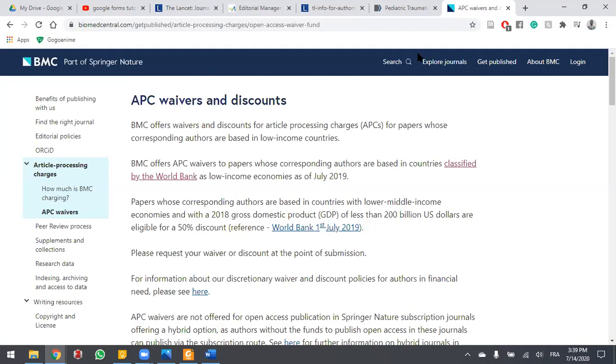So if you're not able to pay the open access, then publish as a subscription. Why is the subscription an issue? As you've seen and you've probably experienced, there are a lot of articles you would have loved to read, or love to see what came out of it, but you couldn't access because there was a paywall.